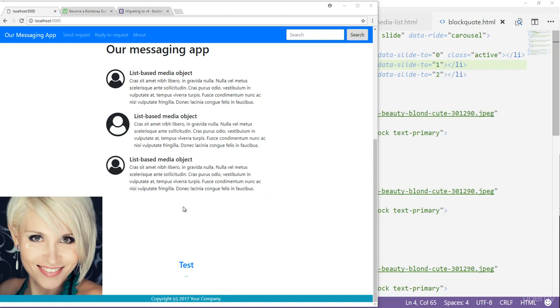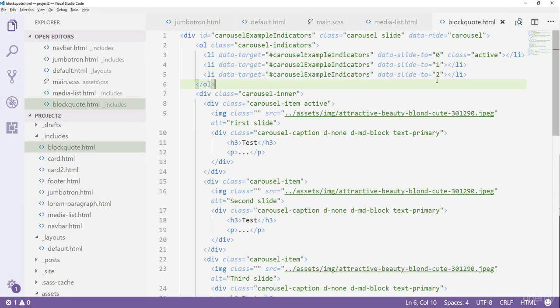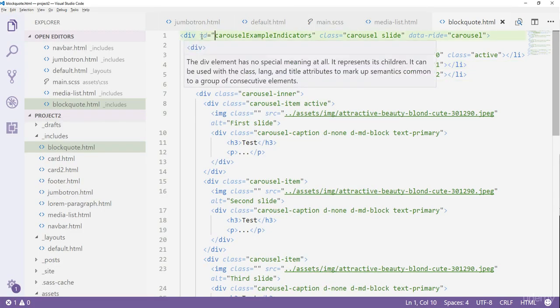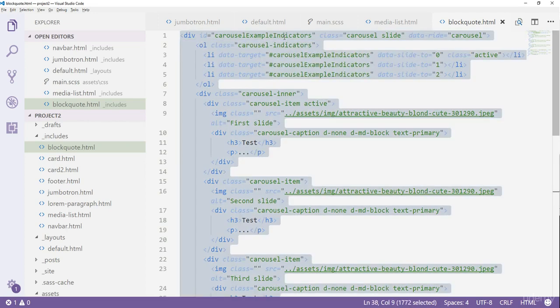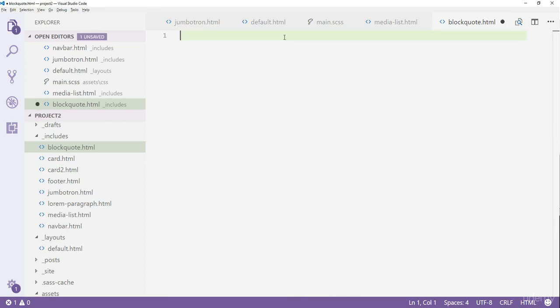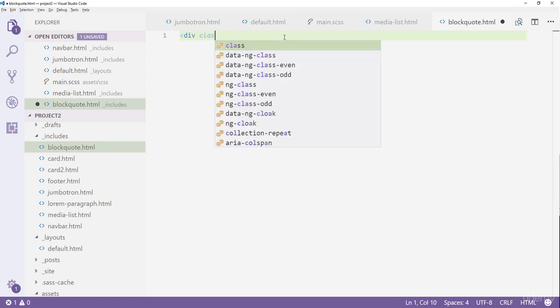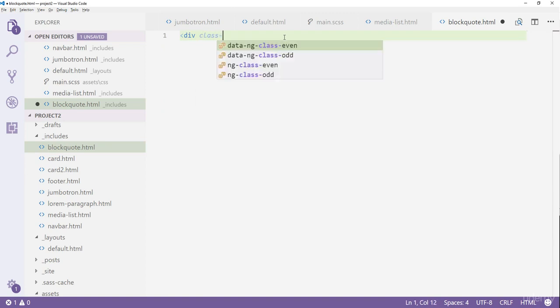Alright, so now's the time to make our carousel look a lot better, because right now it looks simply ugly. So what we're gonna do is I'm going to go into the block quotes.html, press Ctrl A to select everything, press Ctrl X to cut it, and now I'm going to edit a div with a class of container-fluid and